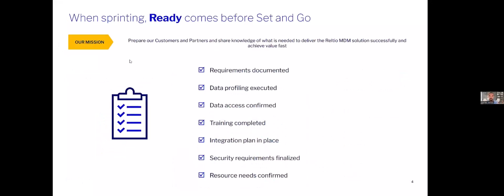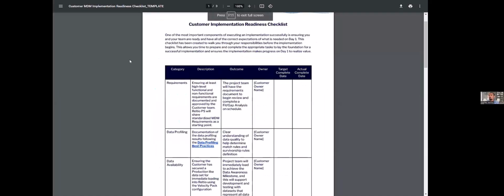So we're interested, we see the value. Stanley, you're telling me we can get there in 90 days when so many folks out there are taking 6 months, 9 months, depending on the use case, 5 months. How do we get there in 90 days? How do we hit the start line flying, sprinting versus crawling and walking? So we'll step through the checklist here. This will include things like requirements, data profiling, access, training, integration. We'll hit all those. So our goal is to get you there as ready as possible.